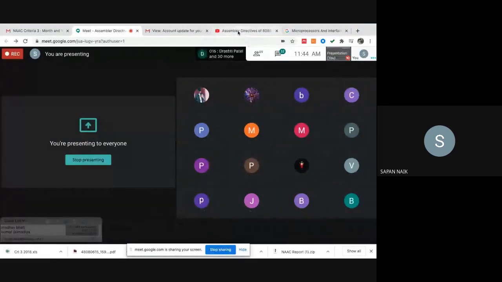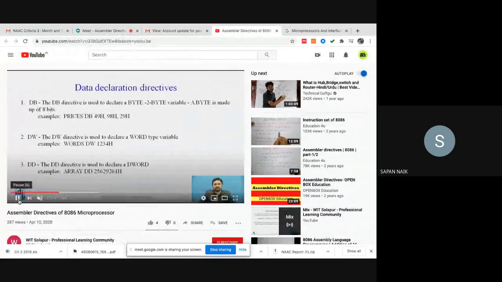Let's start. So as you can see here, data byte is used to allocate 8 bits, so it is used as DB. Now all the hex numbers are of 2 digits, because 2 digits is equal to 8 bits, 1 hex digit is equal to 4 binary bits. I think now this thing is quite clear after the second quiz. If it is not clear yet, you need to go through your basics, otherwise your full subject will be confusing every time.